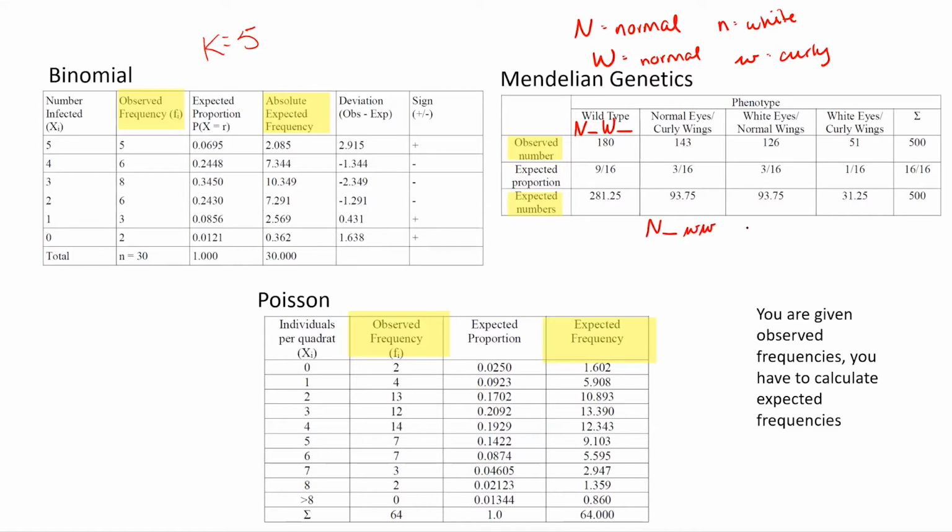For white eyes and normal wings, that'd mean we'd have 2 alleles for the recessive white eyes, and it doesn't matter, we have at least 1 for normal wings. It doesn't matter what the second one is. It could be normal or curly. And then we have the homozygous recessive, where we have 2